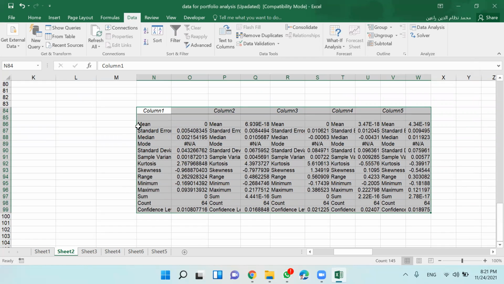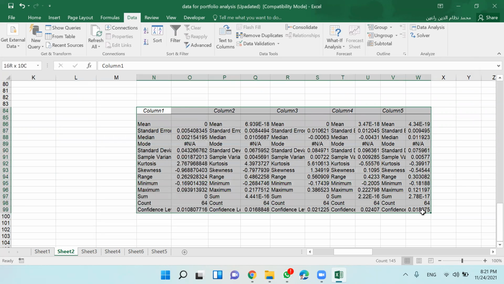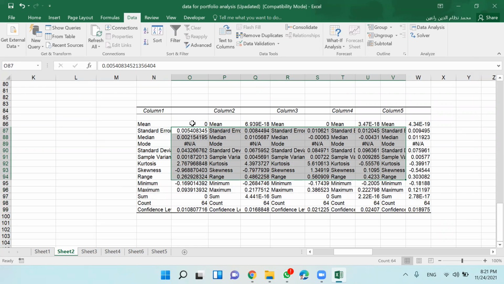You have the mean value. Now you can just take these two, you see, to a Word file and just make a table there. Okay. So what you can do is decide about decimals.